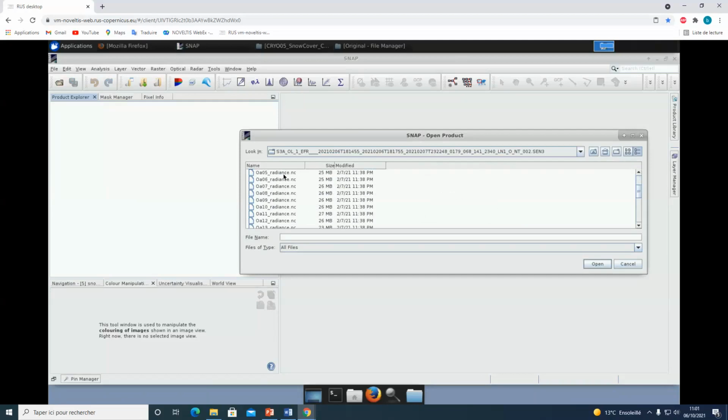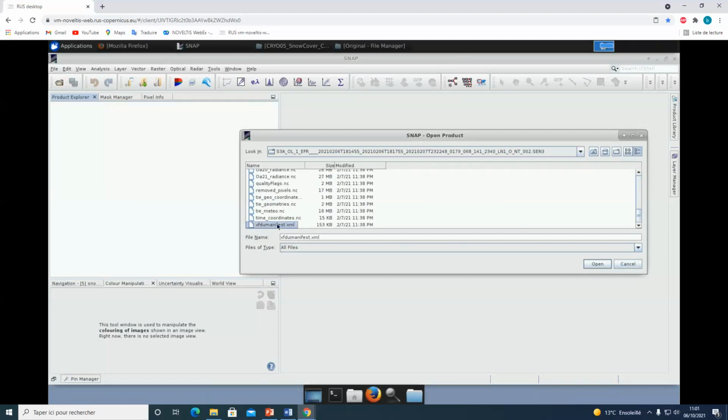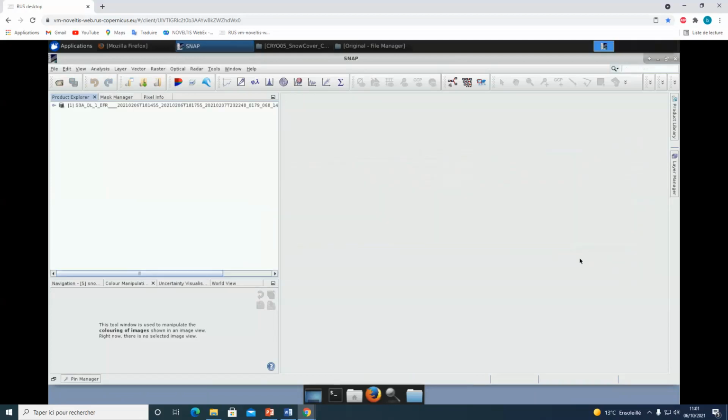Here you can see that the radiances and auxiliary data are stored in NetCDF files, and there is the manifest file here, XML, that explains the content of the product, and this is the file that we're going to use to open the product within SNAP. So select the XML file and hit Open. You can see that now there is one product in the Product Explorer tab,